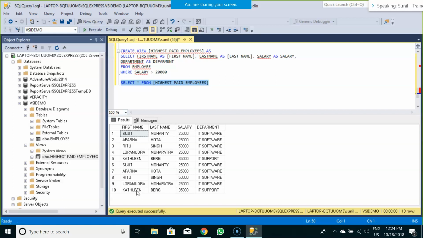So one advantage of a view is that you just write once, you query it multiple number of times, and it won't be affected if there are any new additional employees added into that particular table. Every time you execute this view, a fresh copy of the information would be presented in front of you.